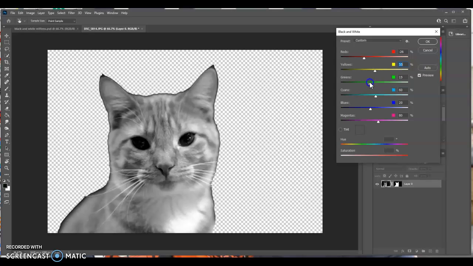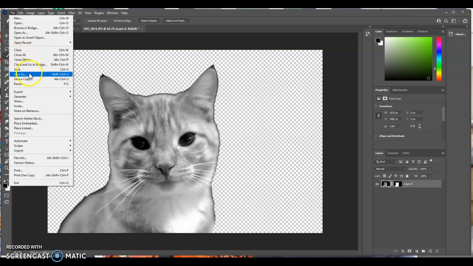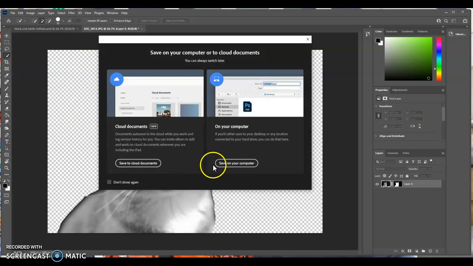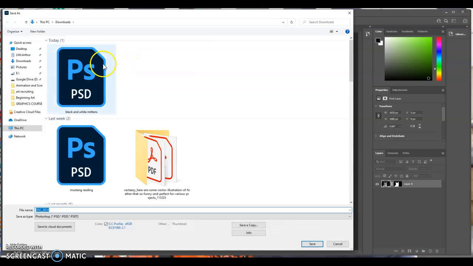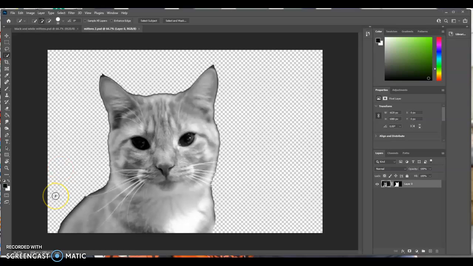Okay, and you can play with all of these. Some won't do a lot, like the green one isn't going to do a lot for our orange kitten. But it's that same kind of idea. Okay, so I'm going to press OK. And I've got my picture ready to go. So I'm going to File, Save As. I'm going to be saving it onto my computer. Okay, so I can grab it in Illustrator. Okay, and that is the first